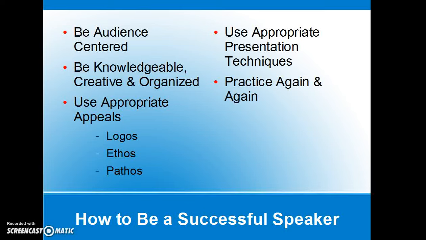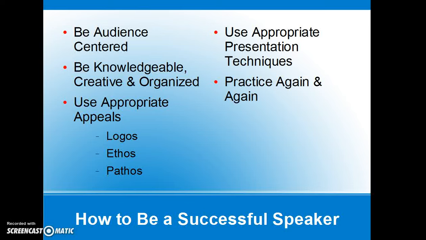If it's not organized, then the audience won't be able to follow what you're saying, and that will be equally confusing to the audience. The next thing is something that's super important, especially when you get to the persuasive type of speech, and that is appealing to the different types of Aristotle's argumentation methods. So the first one is logos, which is appealing to the logic of the audience. So that's where a lot of statistics and things along those lines come in.